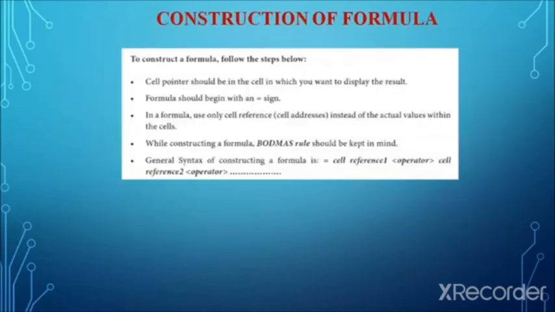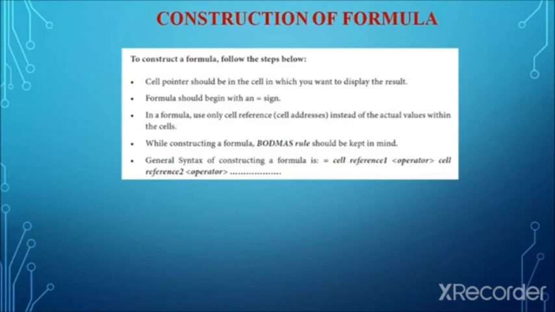So after seeing the set of operators in OpenOffice Calc, now we see how to construct a formula. What are all the steps involved while creating a formula? First, the cell pointer should be in the cell where the result is to be displayed. For example, we are going to use the A column and B column as input, and we need the result in the C column, which means the cell pointer must be in the C column, say the third row. If you want to display the result in the C column, third row, the cell pointer must be in C3. That is the first thing.